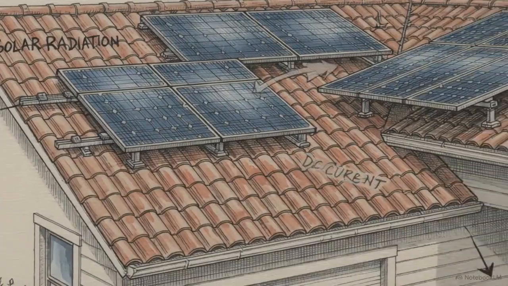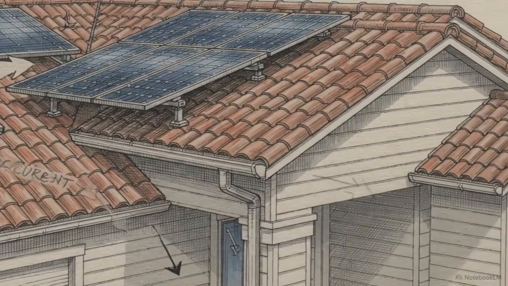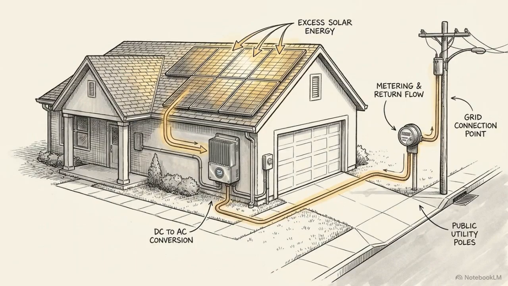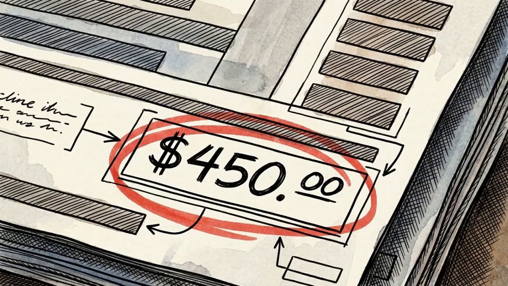You install the solar panels, the sun comes out, and your house is fully powered. It's the ideal scenario. You are even generating enough excess electricity to push power back out to the local grid. But then the first utility bill arrives. Instead of dropping to zero, the amount you owe is actually significantly higher than it was before the solar panels